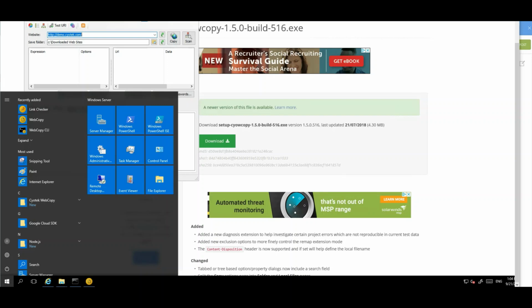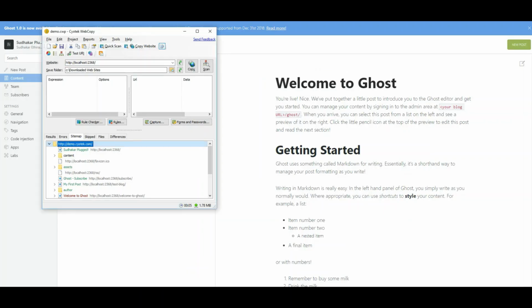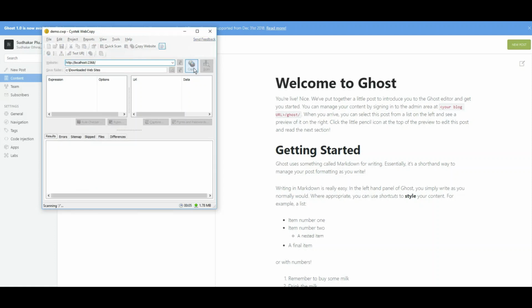content extraction process. Okay guys, I am back at my local machine. So I've opened the WebCopy icon. So the extraction process is very simple. All that we need to do is enter the website name, which would be localhost colon 2368 for us, and also a location where it needs to download the files. And all that you need to do is hit copy